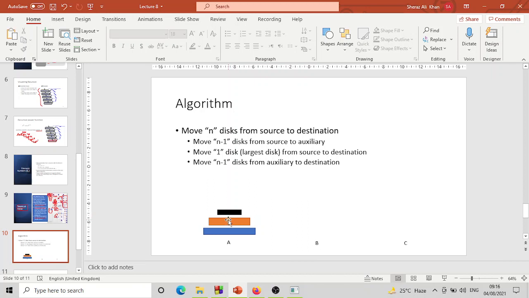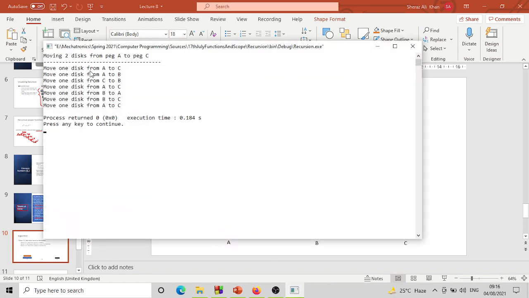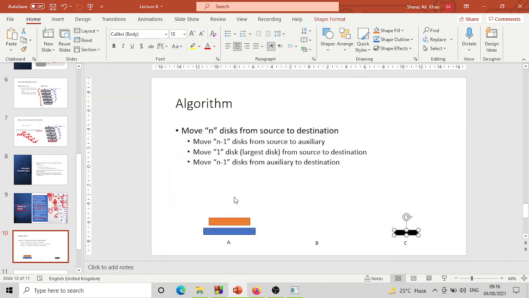अब इन दो डिस्क को अगर हमने A to B को मूव करना है तो उसके लिए ज़रूरी है कि पहले इस डिस्क को हम मूव करें from A to C, फिर सबसे बड़ी वाली डिस्क को मूव करें from A to B, और फिर C पे जो हमने डिस्क रखी थी उसको यहाँ पे मूव करें। तो the first move would be from A to C, ठीक है। And this is what our program also tells, move one disk from A to C. फिर हमने बड़ी वाली डिस्क को from A to B मूव करना है,